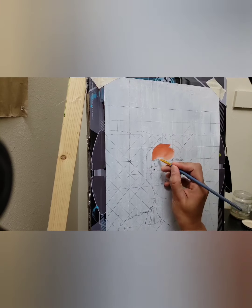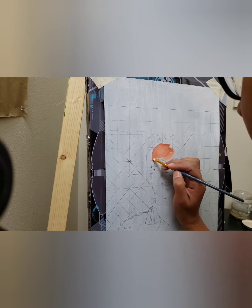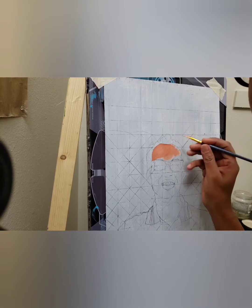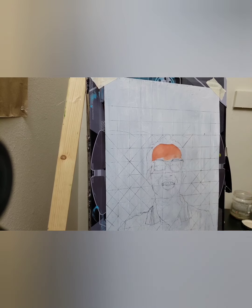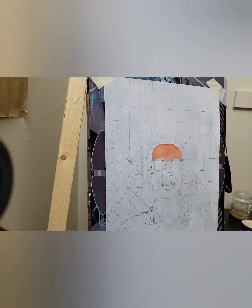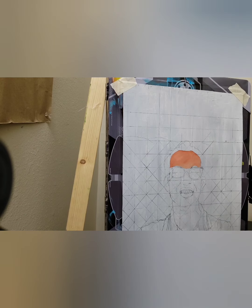To get the right amount of paints, it is very important to take a very little amount of all the colors required for getting the right skin tone. The major colors I used are red. You can also take cadmium red sometimes, but if you do not have it, you can take the bright red, white, and sometimes orange if you have it, otherwise you can mix it with yellow. So in short, you need red, white, yellow, and brown,